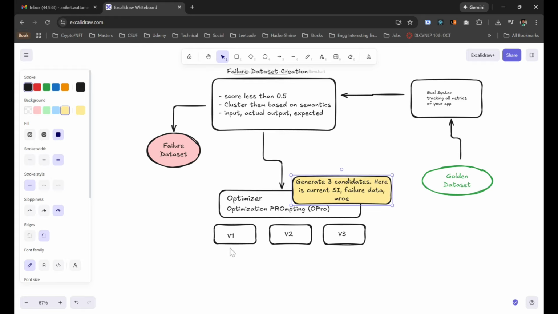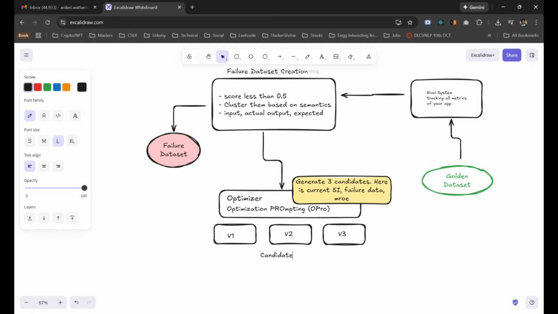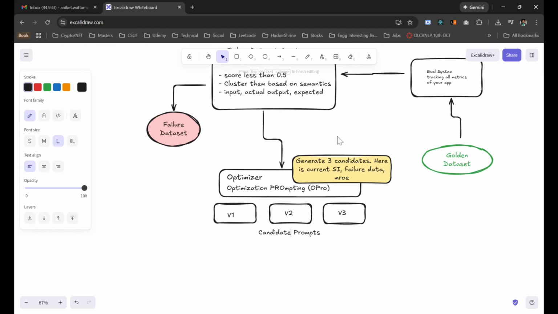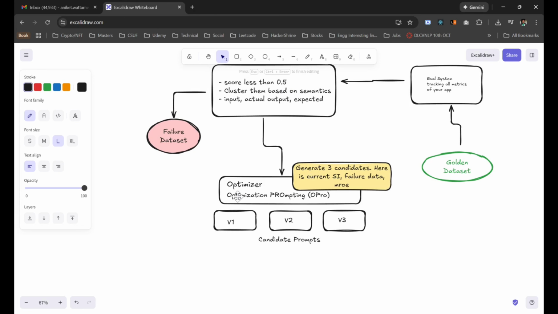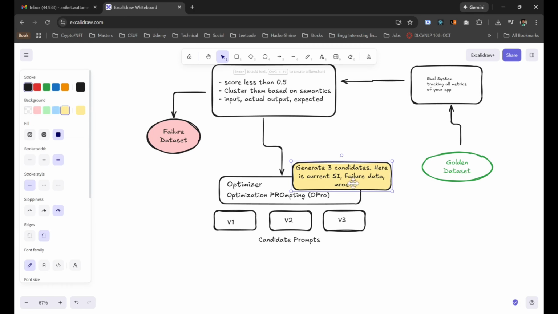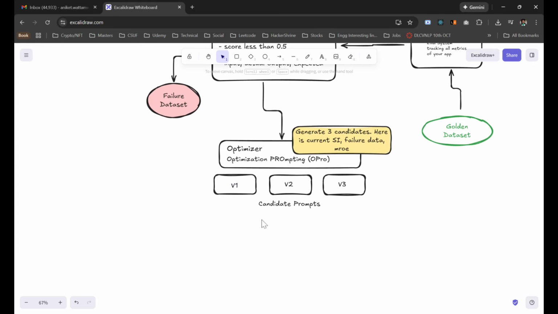Now, these candidate prompts that we have are the optimized system prompts, let's say, for now. So these candidate prompts would be tested. Now we do not know which one would perform the best, right? So what would be the next step? We have this in place. We got the failed data set that is not working. We have pulled them from the evaluation system. We put it to the optimizer. Write a very good prompt to generate three different versions of the system instruction, and the next step is actually